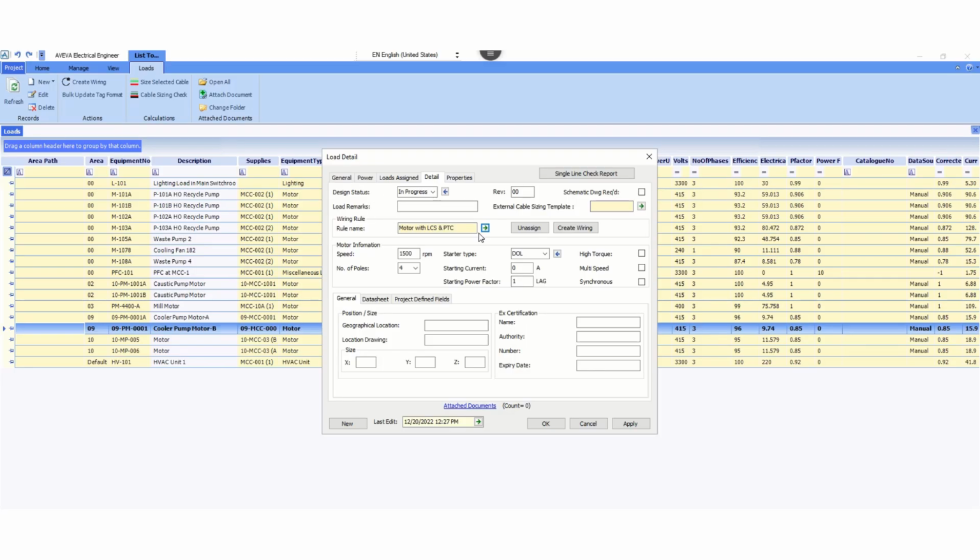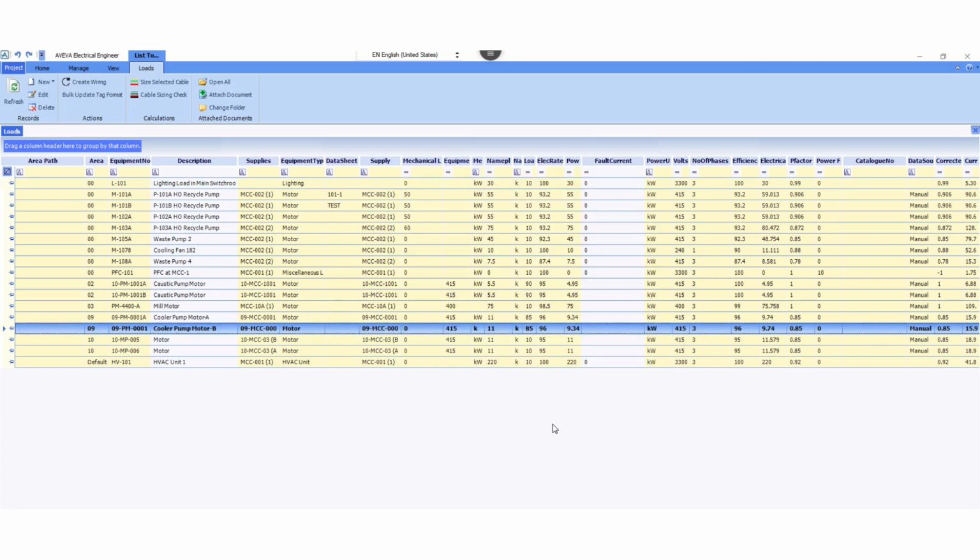It is already assigned. And if you want to unassign, then you can click over here. It will clear this wiring rule. Now create wiring. Wiring created successfully. Click OK. OK. Now let's go back to